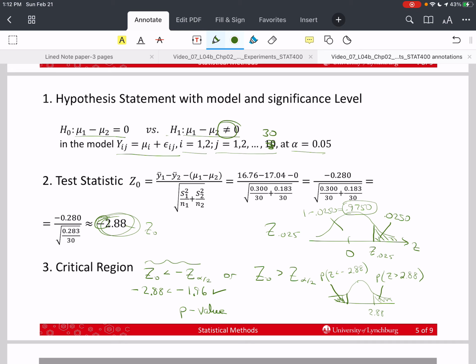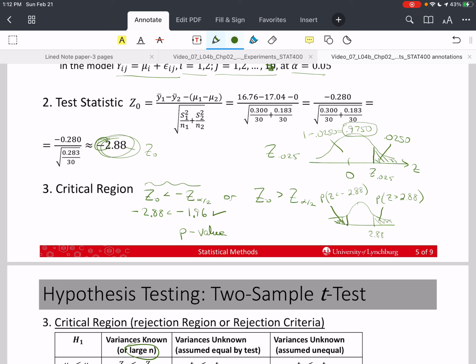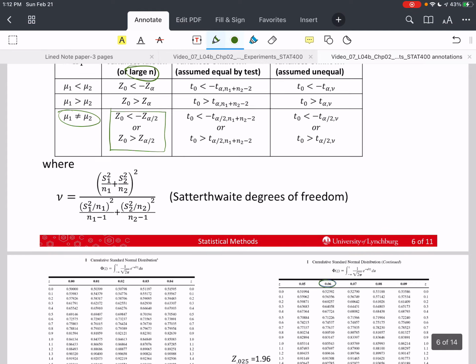We're interested in both small and large values. So we've split alpha in half and put half in one tail, half in the other tail. When we find a probability for the p-value, we have to multiply it by 2. So we look up 2.88 in the table,